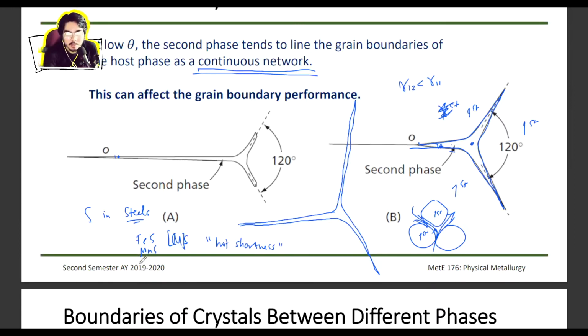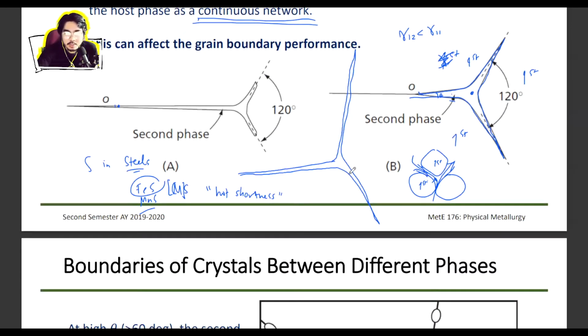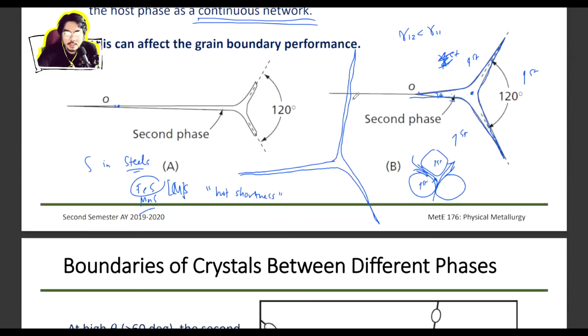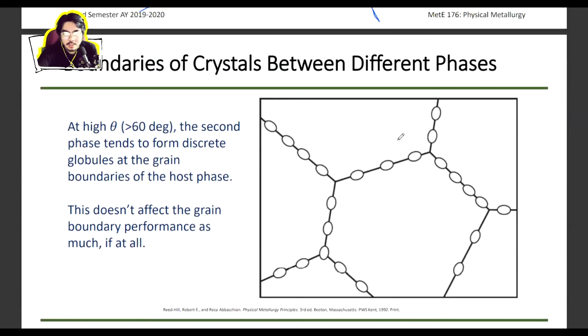Not specifically manganese sulfides, but production of sulfides. So it produces catastrophic failure, and it's very detrimental to steels. And there are other examples of this, but this is how its behavior goes. So next is if we have